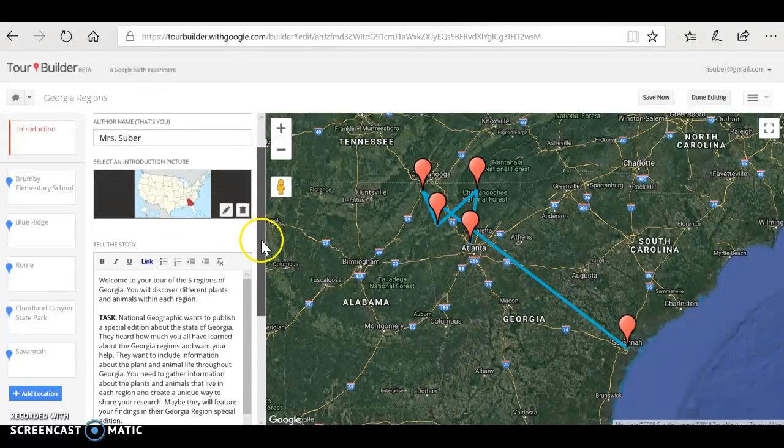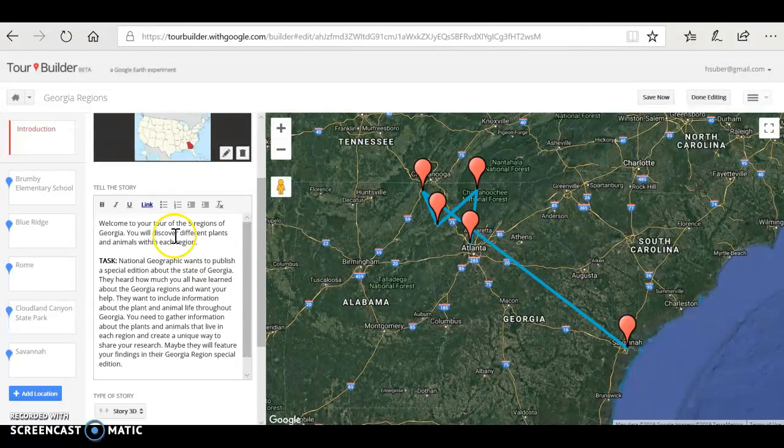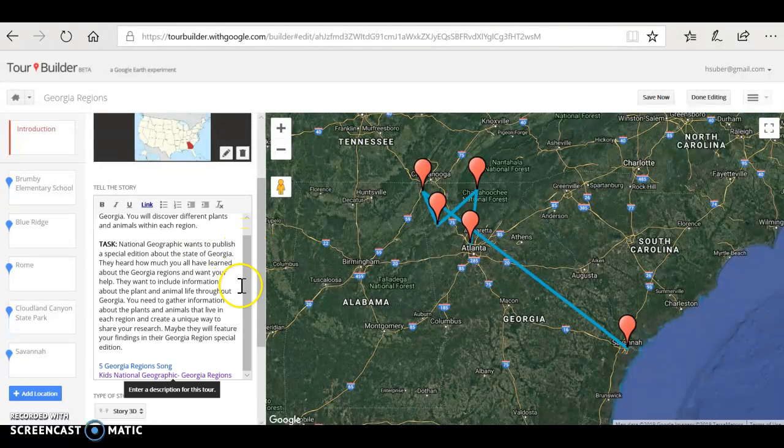That was pretty easy, and I actually started with just a little intro for them, telling them what they were going to do, that they're going to discover the different plants and animals, and actually I should add in there some facts about each region. And then here's a task for them: National Geographic has chosen to make a special edition about the state of Georgia, and they're going to have to go to a couple of different places in Georgia to learn about the plants and animals and facts about those regions. So I would have the students